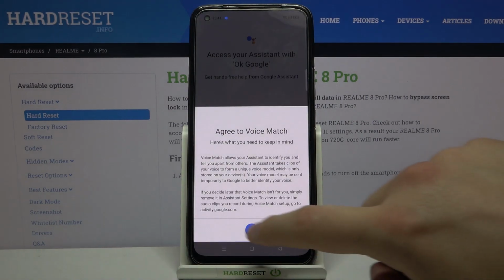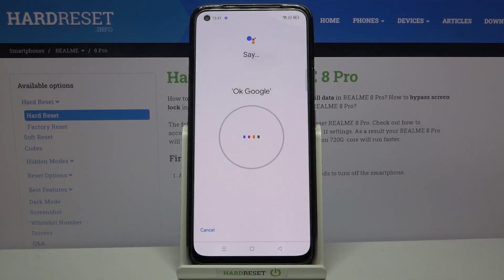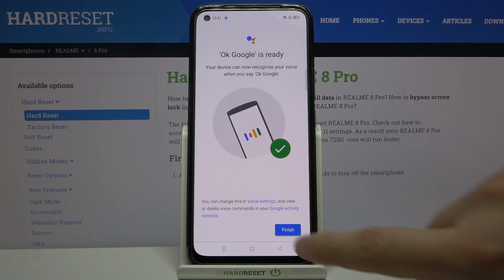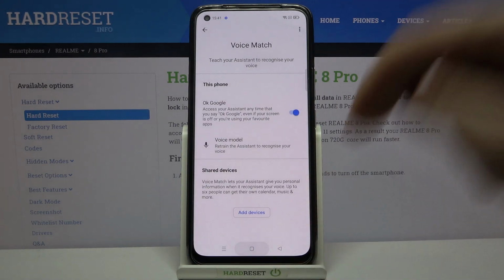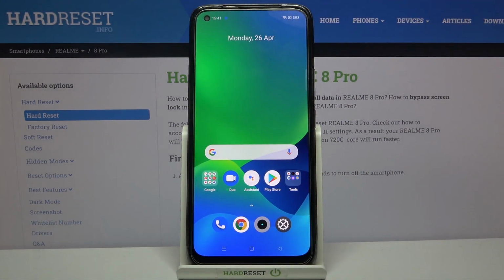click Next, then tap right here, and right now we have to say OK Google two times, OK Google, and OK Google for the last one. Click Next, then click Finish, and as you can see right now, when you say Hey Google or OK Google,